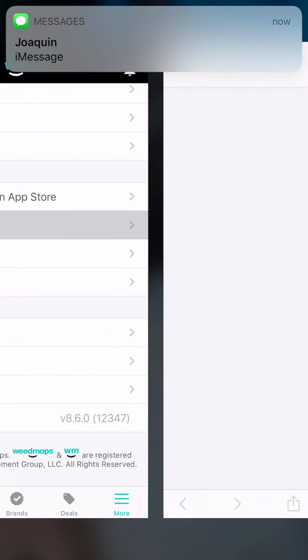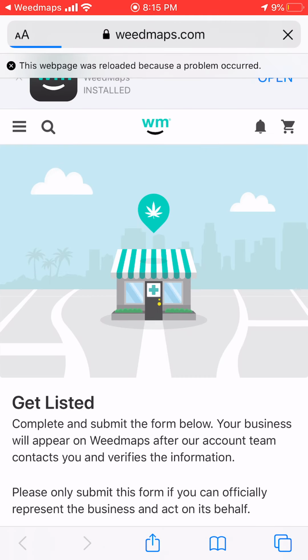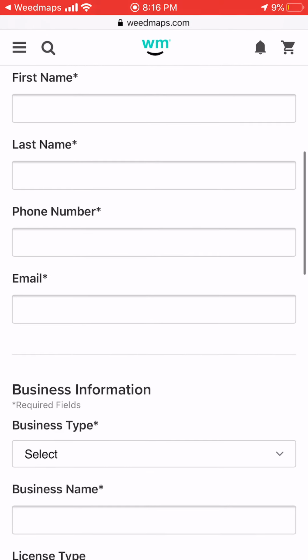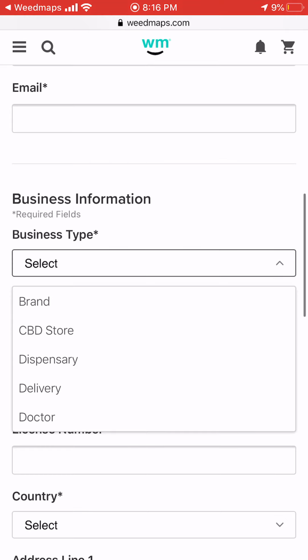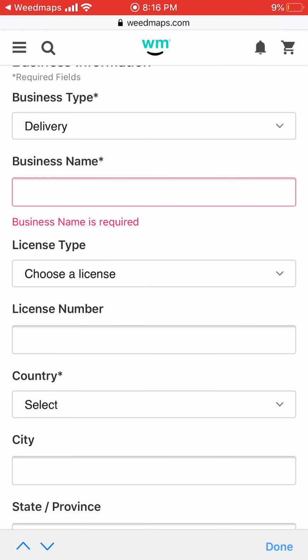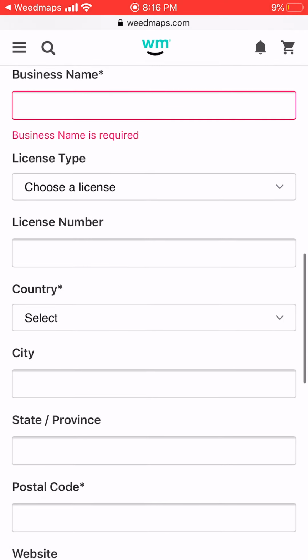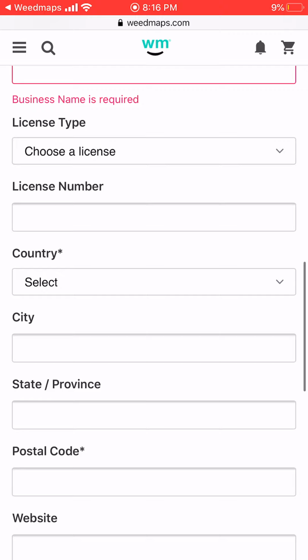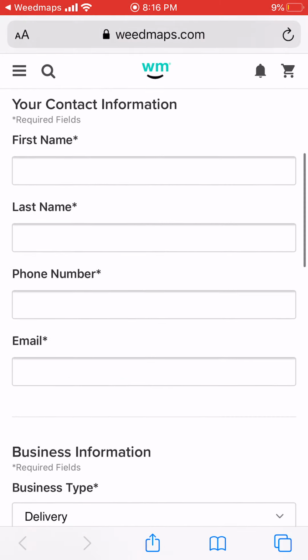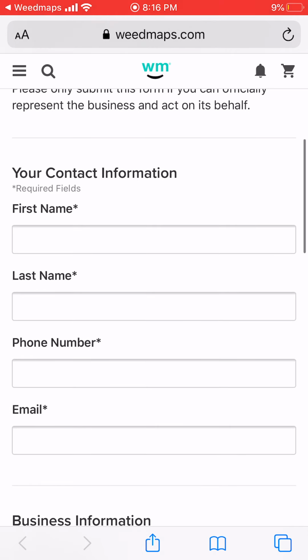Last thing, add a business, okay? So when you add a business, you're going to ask for the first name, last name, phone number, email. The business type, we're only going to have the option for delivery. The business name, we don't need the license or license number, the type of the number. We'll have the country, city, state, postal code, and then website, not optional. It's not required. And that's important because when these delivery services want to sign up,